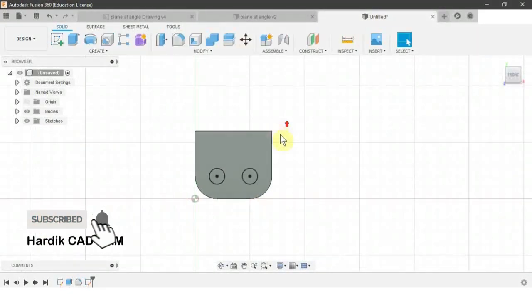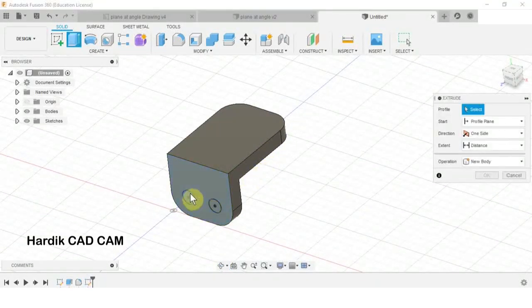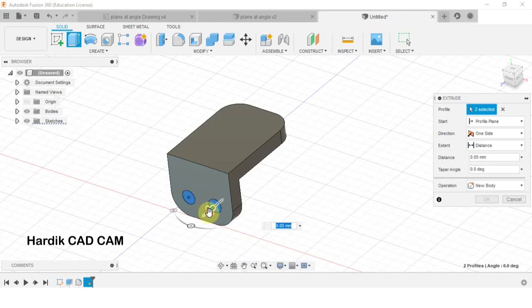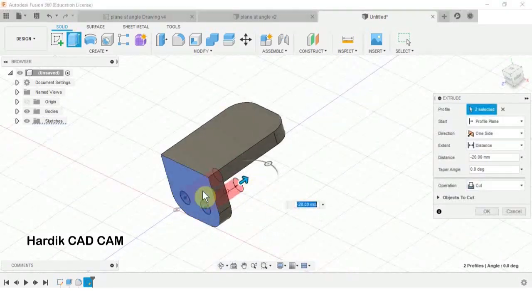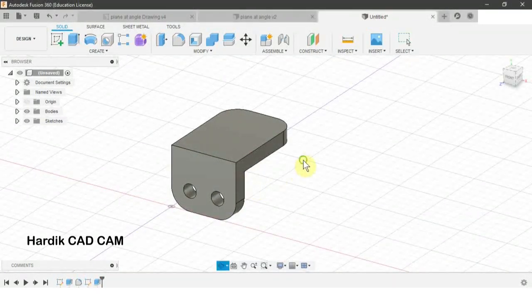Now we will finish this sketch and we will extrude it. For that the shortcut is E. We will select these 2 circles. We will drag our mouse right inside, nothing to write down, just hit OK. And 2 holes are created.